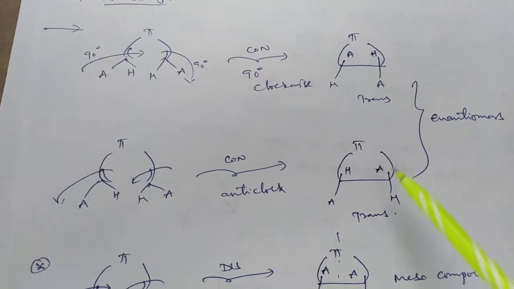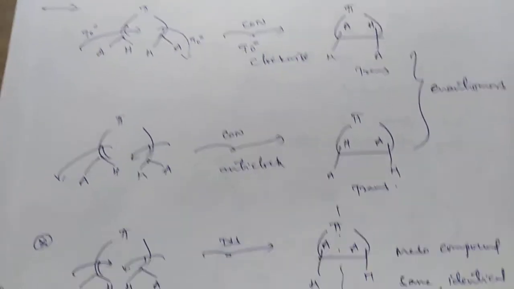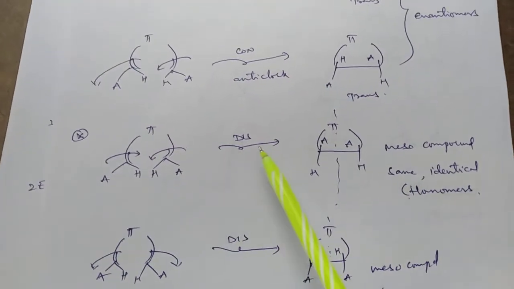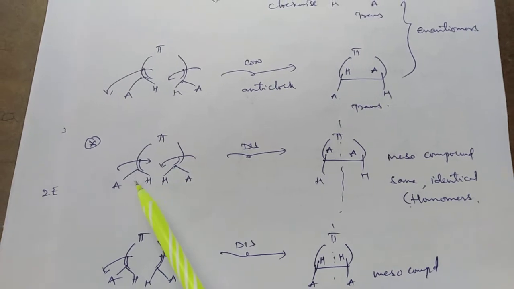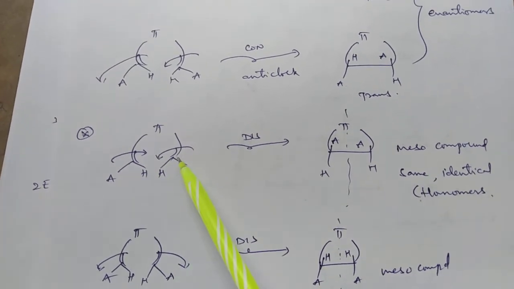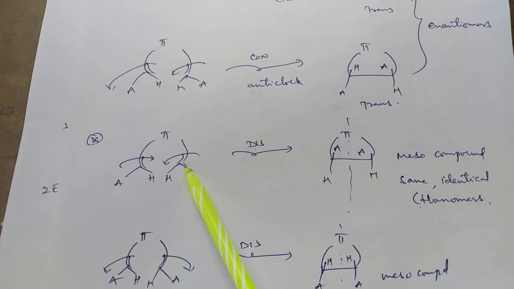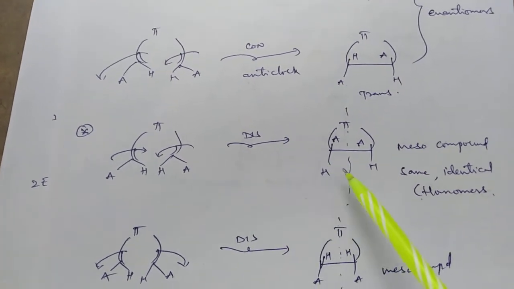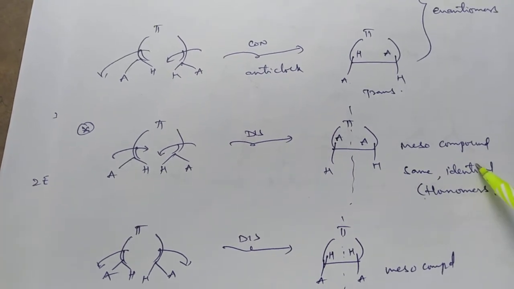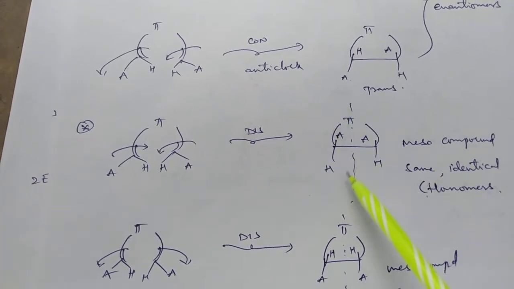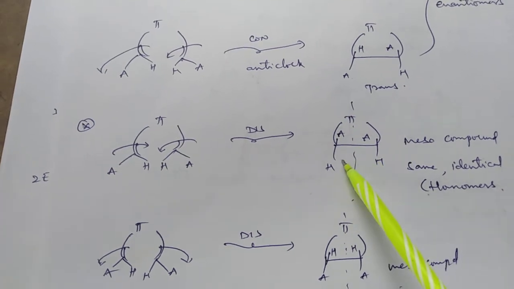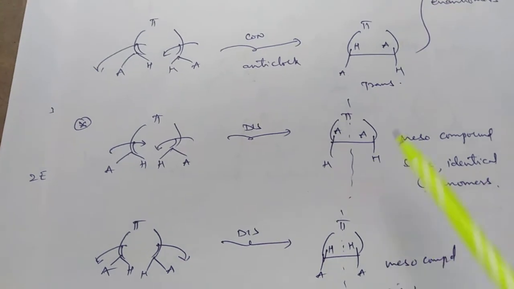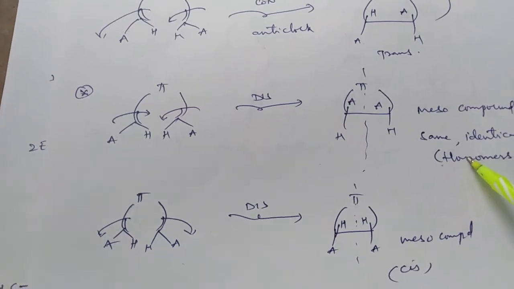So these two isomers are enantiomers. But for the same compound, dis rotation means at one termini clockwise direction, at another termini anti-clockwise direction, by 90 degrees of this rotation, it gives a meso compound. Means if we cut this compound, we have two similar or identical halves, also named as homomers.